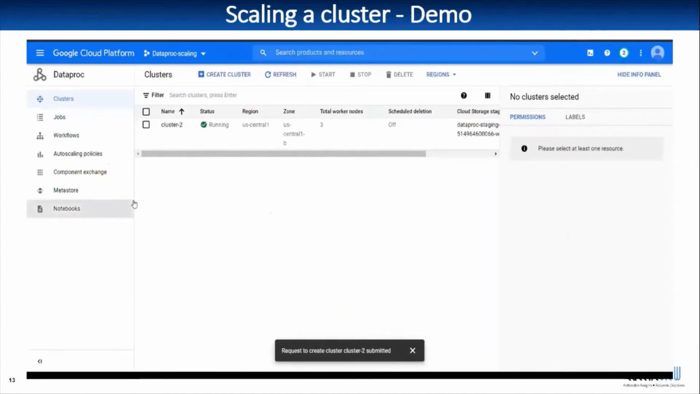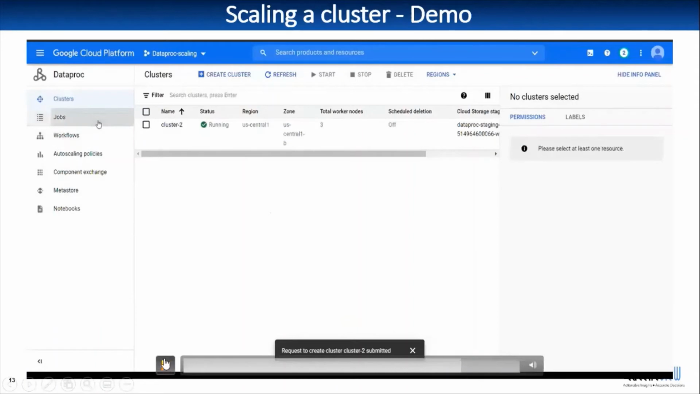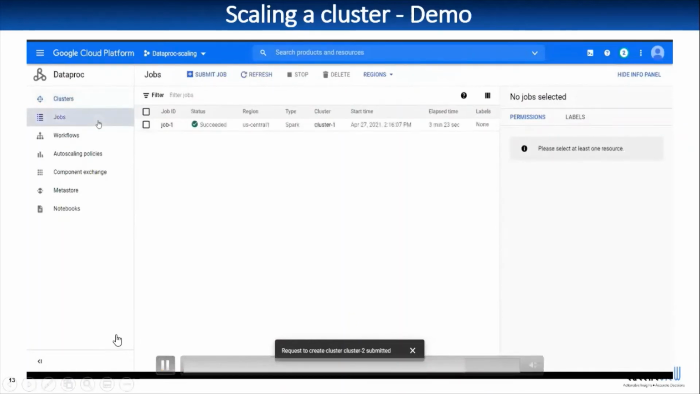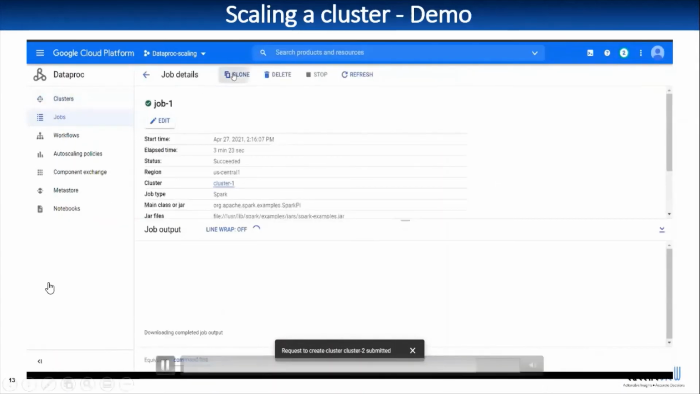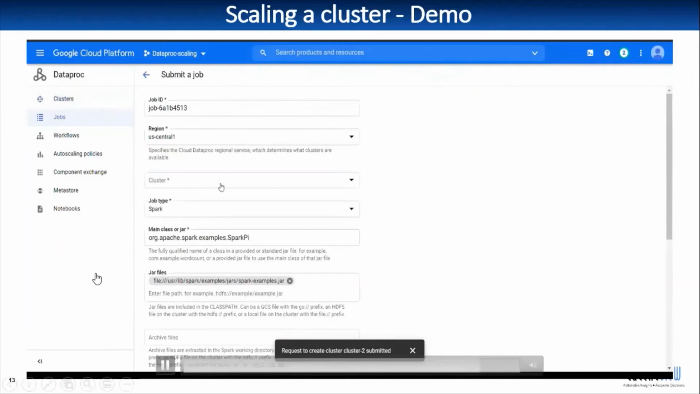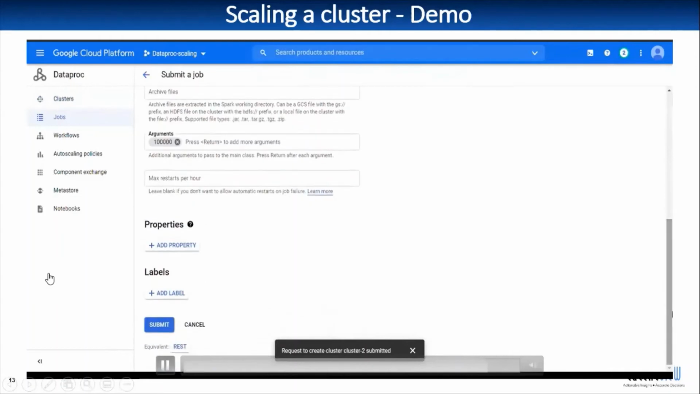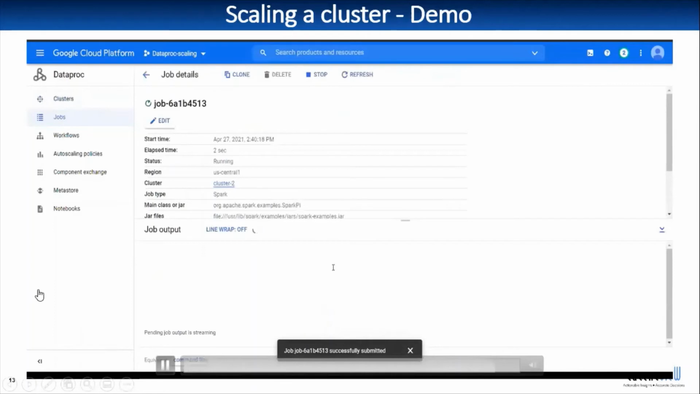Now we can see here the total worker nodes is 3. The two are the initial worker nodes, and the third one is the new preemptible node that we added. We can clone the same job instead of doing it again. There's an option called clone. When we clone here, we get a copy of the same job, and here we select the new cluster and the job type Spark. The rest can be set the same. And now when we run it,